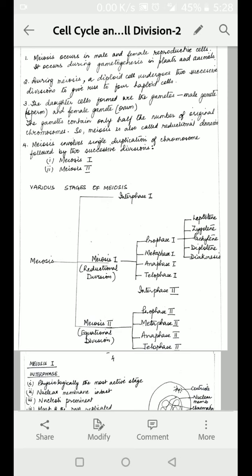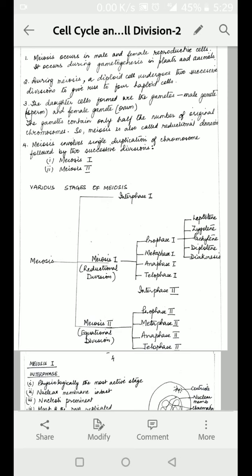Here lies the difference between mitosis and meiosis. I will now explain each of these 5 stages of prophase 1, which are leptotene, zygotene, pachytene, diplotene and diakinesis. And after these 5 stages of prophase, it is followed by metaphase 1, anaphase 1, telophase 1, and then there is a short interphase 2, which is